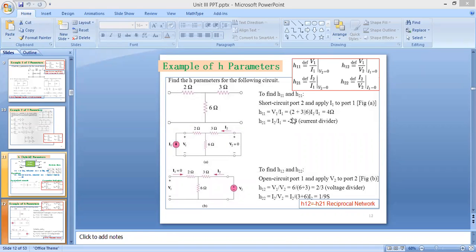the resistance that will be in parallel 2 ohm, and that resistance that will be equivalent, same total. So we can take that as a 3, that is 3 ohm, और ये उसके parallel का. So we can take here 2 upon 3 into I1 upon I1. So I1 cancel हो जाएगा, and you will get H21 equal to -2 by 3.